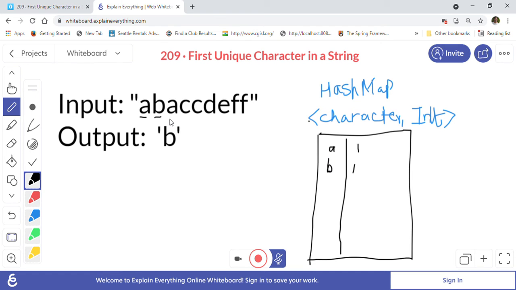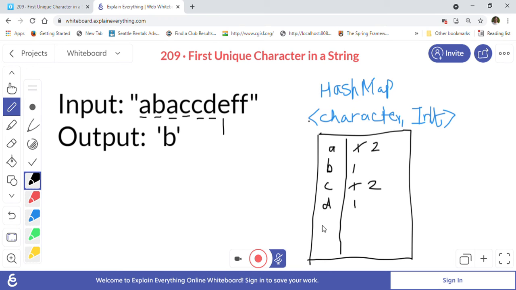Now we are again at character a, so we will update our entry from 1 to 2 in the hash map. Now we are at c, so we will add entry c1. Again we are at c, so we will update that entry from 1 to 2 because the frequency is increasing. So d, again we will add another entry for d1.